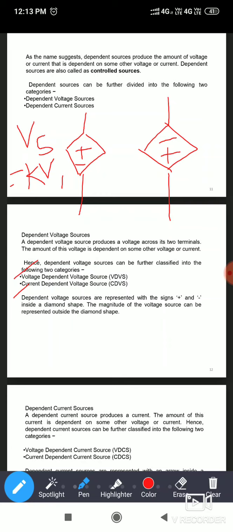So या voltage V1 च्या व्हॅल्यू वरनं VS ची व्हॅल्यू ठरेल. ओके, where K is the constant. K कॉन्स्टंट म्हणजे काय, 1, 2, 3, 1.5, 2.7, anything, that will be the constant value. Suppose this is the voltage source. In that case, the value of this VS will be equal to, suppose, K into I1. So I1 is the current. That current may be flowing through a particular branch, a particular element present in the circuit.